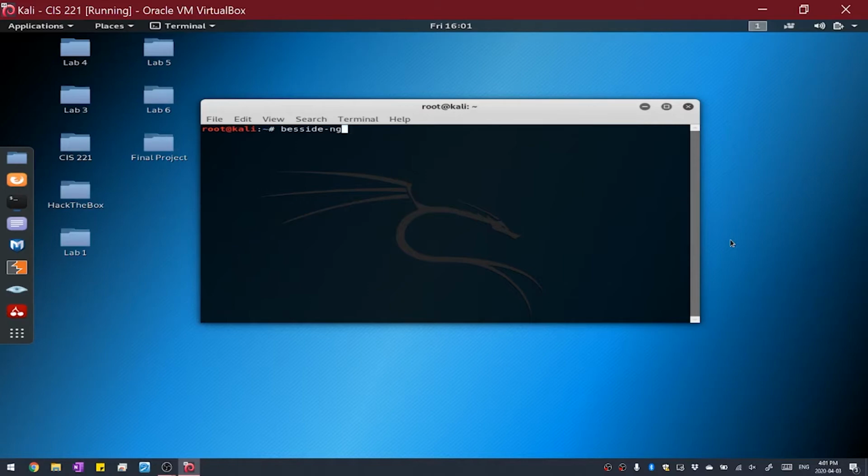BSSID, ENG, capital R, and then the name of the network you're trying to get into, TP-Link_59DE. Close that up, and then the interface to use, -i wlan0, and sure enough, it'll hack into it